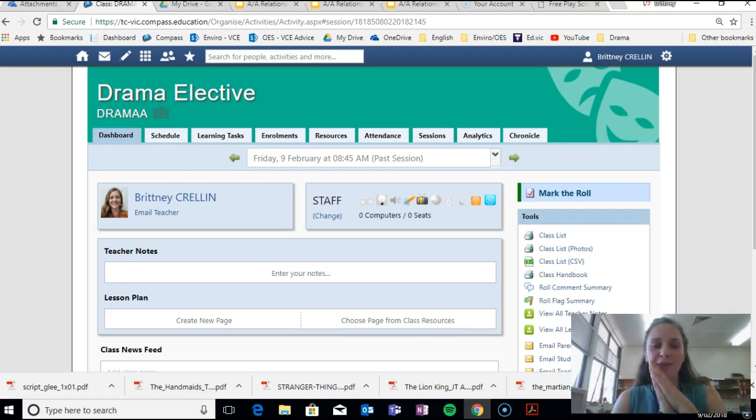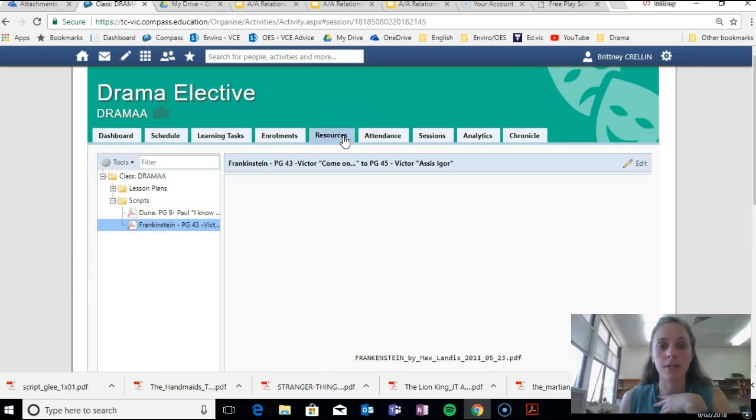I've jumped to this page just to give you a bit of an idea. Head to Compass, and you'll be able to find the scripts in resources, and then it'll be under scripts. This is just two of them. There will be more. At the moment I have Dune, if you know Dune, and Frankenstein. In the title is the scene that I want you to select. So page 43, from Victor's line, come on, to page 45, Victor's line, assist Igor.